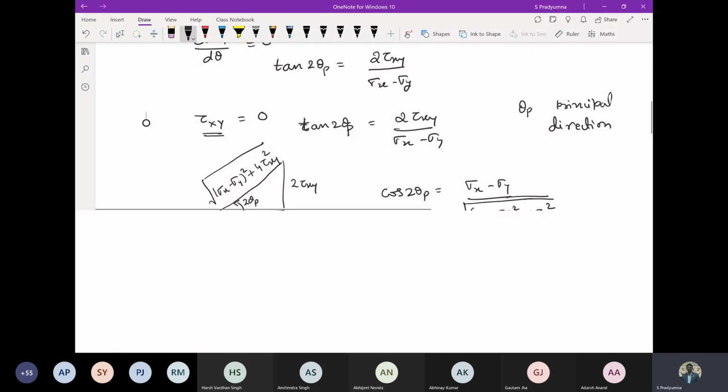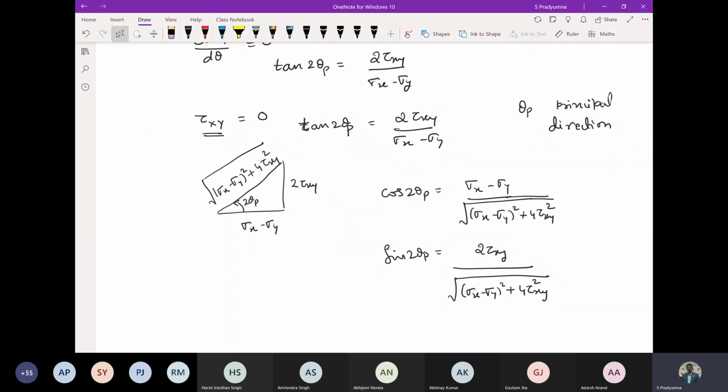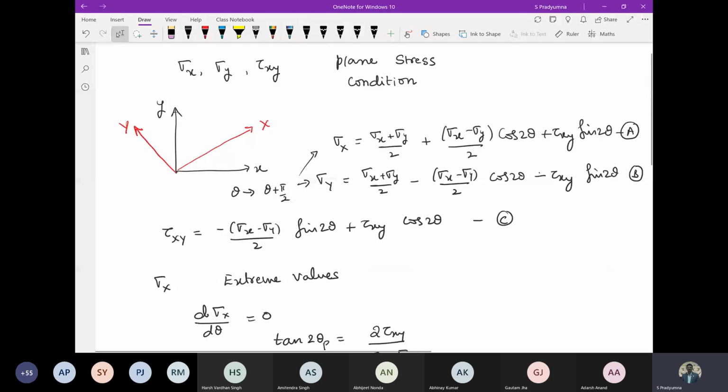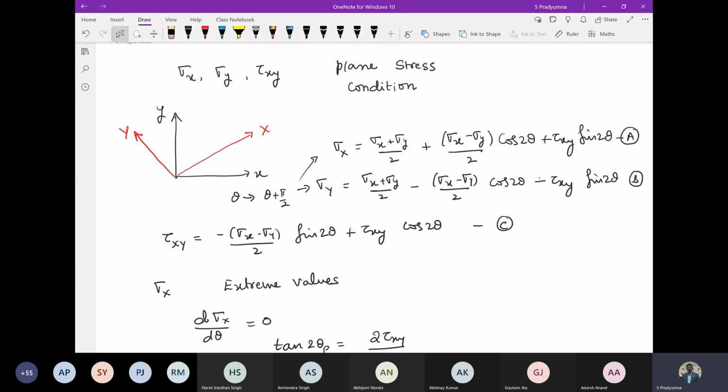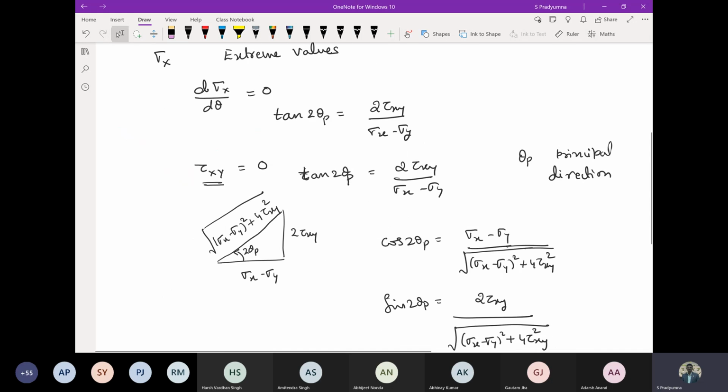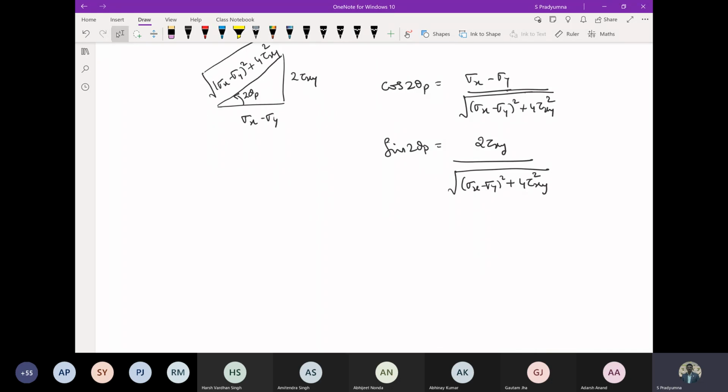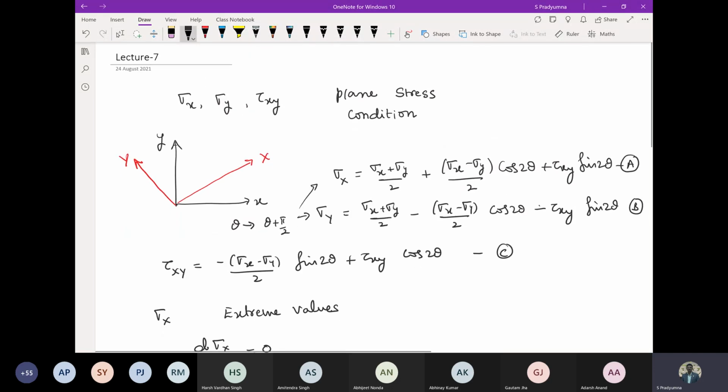Okay, so now let us come back to the equation A and substitute the value of cos 2 theta and sin 2 theta with cos 2 theta p and sin 2 theta p to know the extreme values of the normal stress. Therefore, I can say sigma capital X, we are writing sigma max now, or it can be sigma minimum depending on the numerical value. So we can write this as equal to sigma x plus sigma y by 2. I'm writing equation A